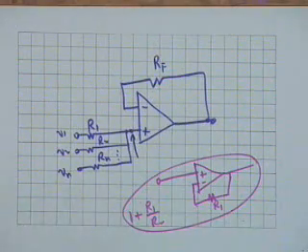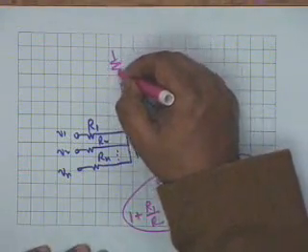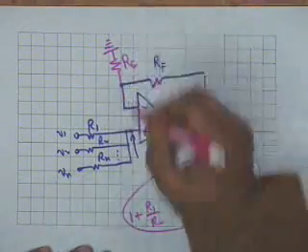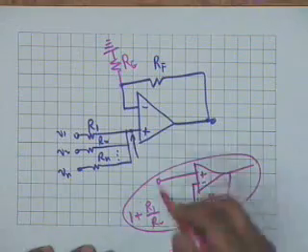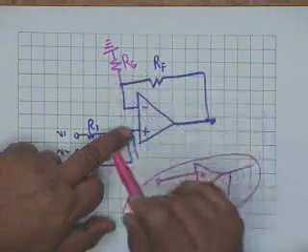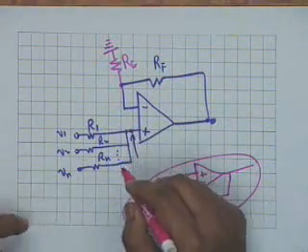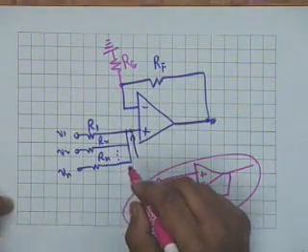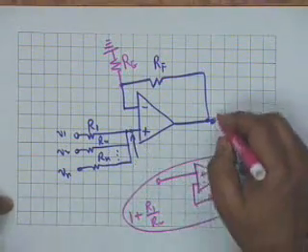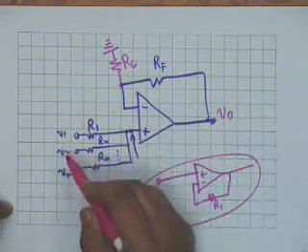suppose you don't want a unity gain, you want a gain greater than 1, then what you do is you connect a resistance from here to ground. Suppose this resistance is Rg, then what is the gain from here to here? 1 plus Rf divided by Rg, and whatever voltage addition occurs here will also be a weighted addition. I leave this to you as an exercise to find an expression for V0 in terms of V1, V2 and